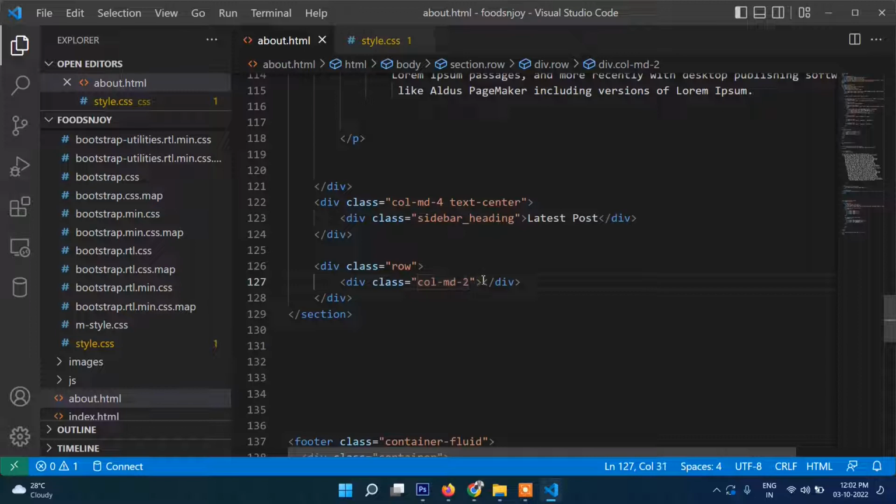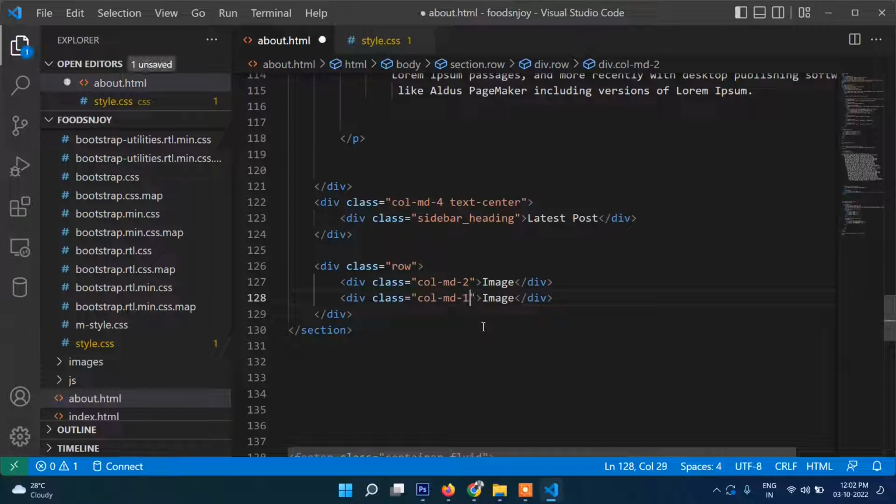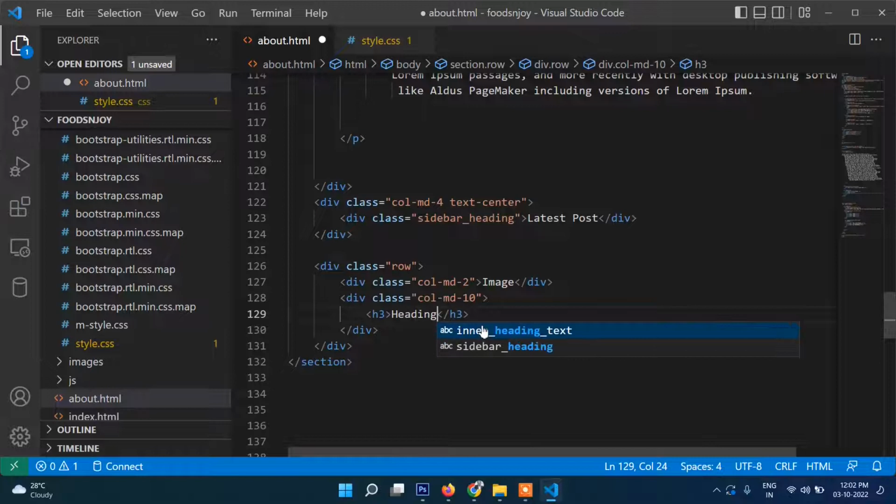This side will be the image and col-md-10. Here will be h3 heading and then paragraph,